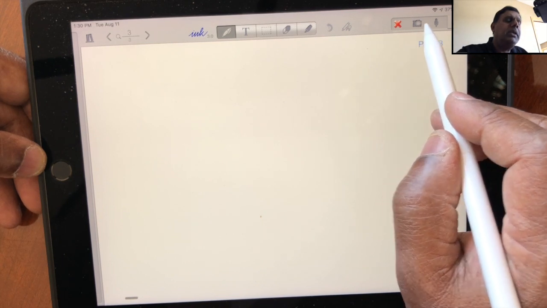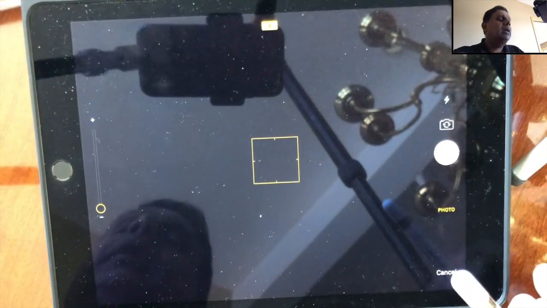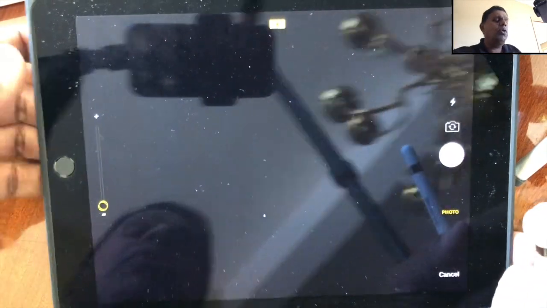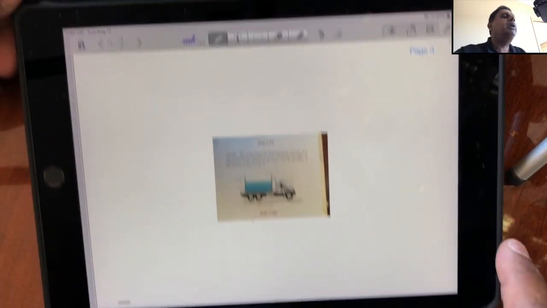I tap on the top right, tap this camera, and then I can bring a notebook like this, a textbook like this, and I want to take an image of this thing that is shown here to discuss in class. So I can just take a shot of that, and then I can use the photo in my notes. So if I bring it here,